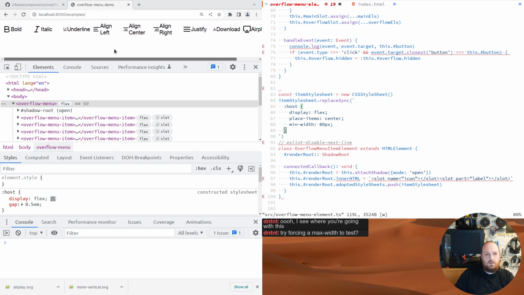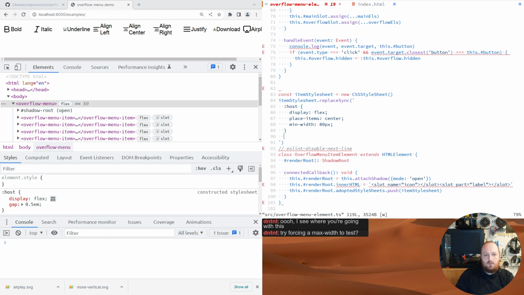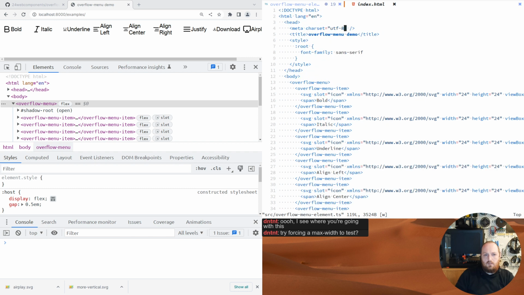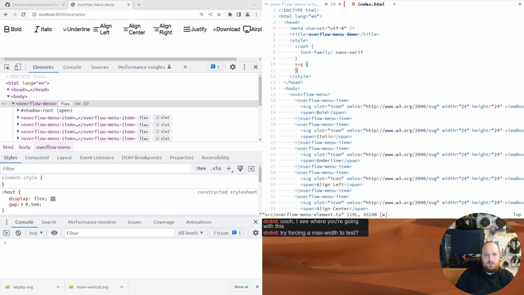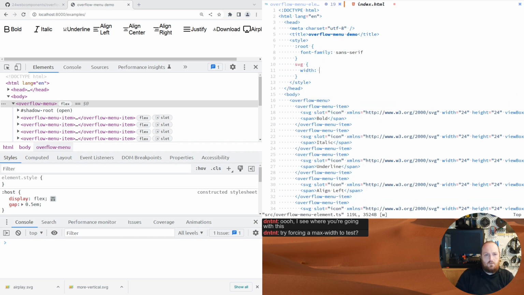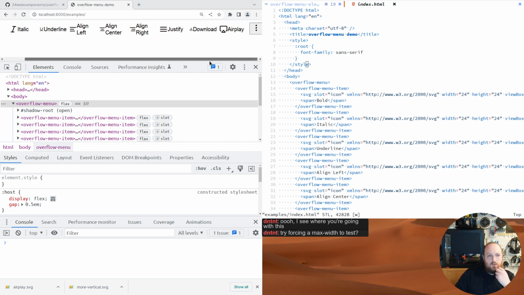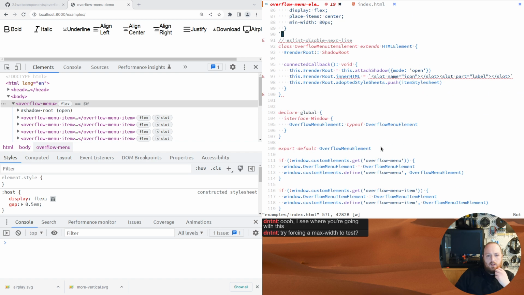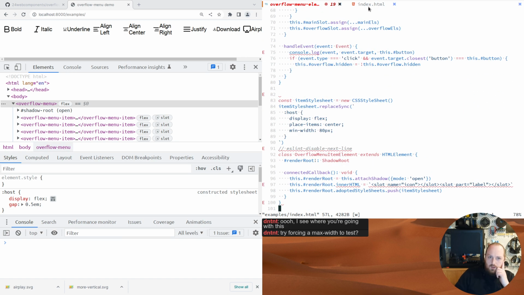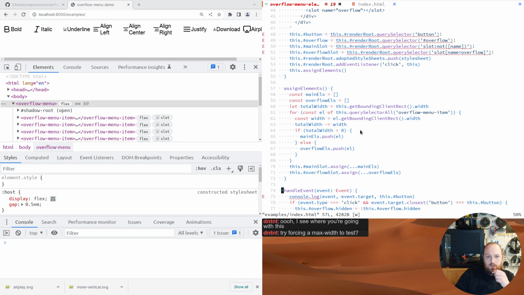Okay, this looks good because now we can see. I don't know why these SVGs are like different sizes as well. That's really weird. Can we just say SVG width 24 pixels? No, they're just going to be different sizes for some reason. We have got scroll though. That's cool. So I think what we actually want to do, I think we want to change this iteration slightly